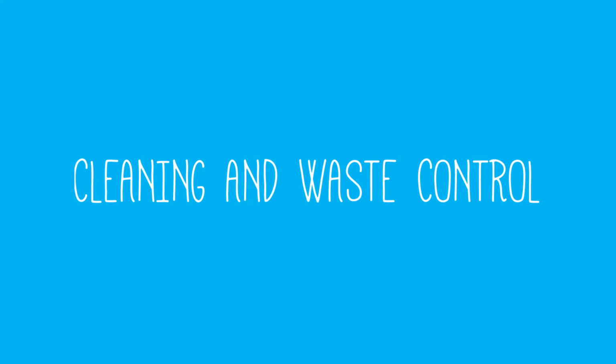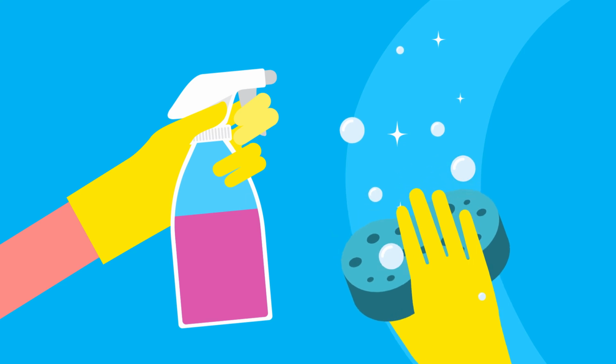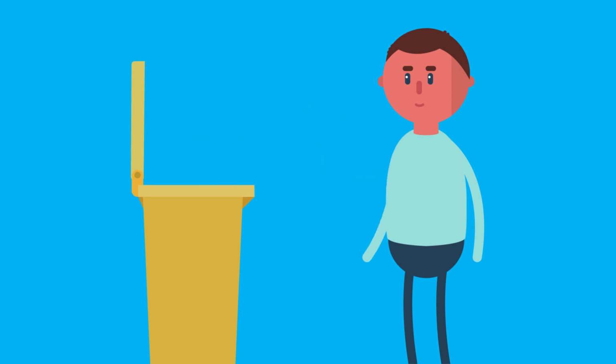Now, let's take a look at the cleaning and waste control methods. Thorough cleaning of the premises, production and packaging machinery, and equipment and utensils is effective and extremely important in reducing the risks of allergen cross-contamination. The same applies to correct waste disposal. You see, keeping the place spotlessly clean and waste-free, while maintaining strict personal hygiene, of course, will help you handle